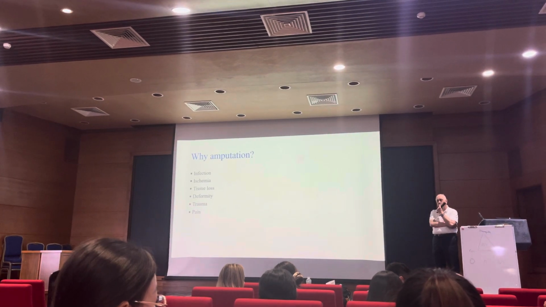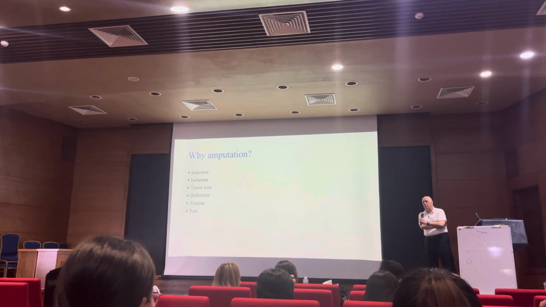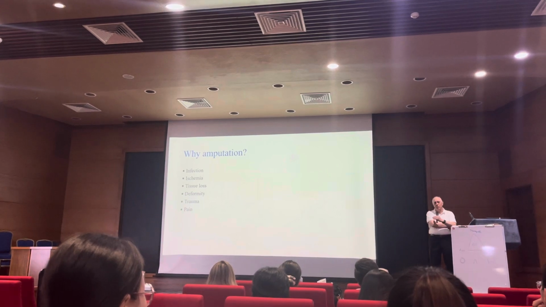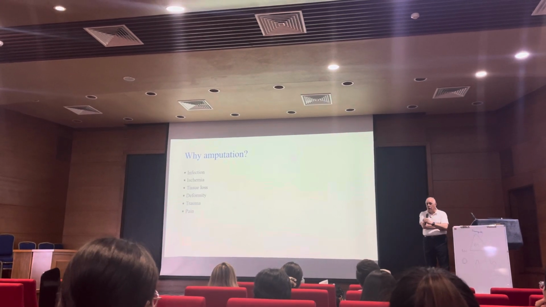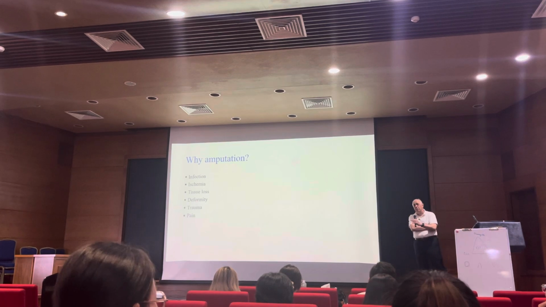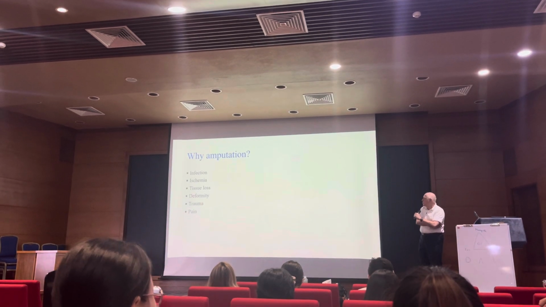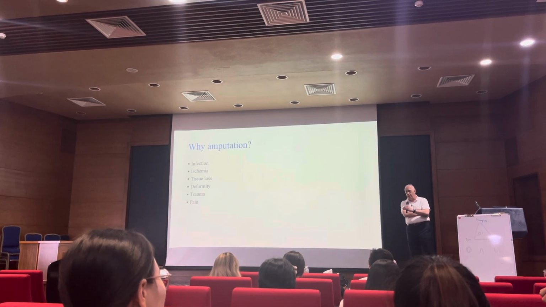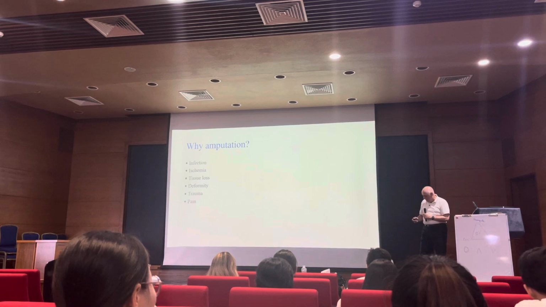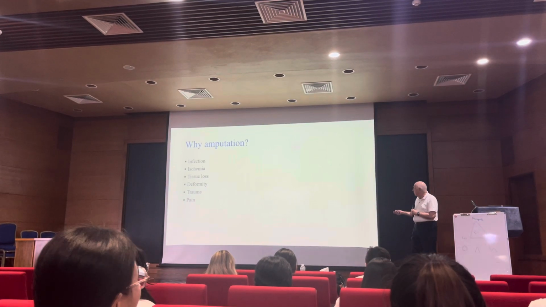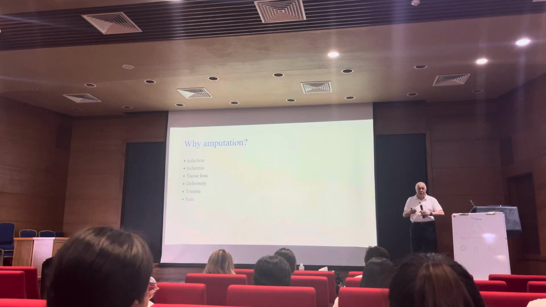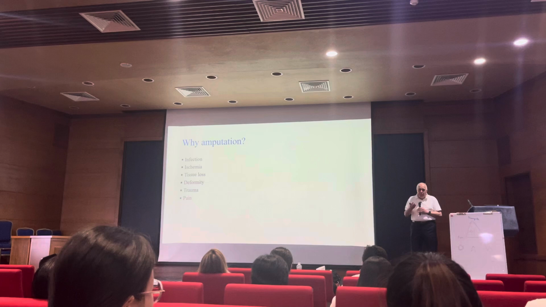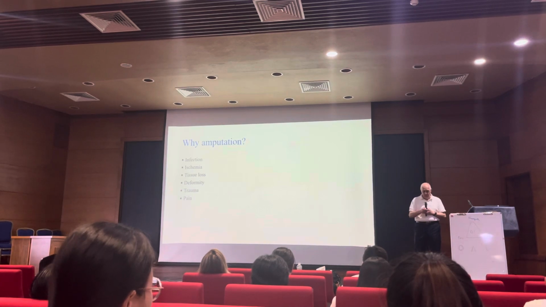So as I started, why do we do amputations? Amputations are inevitable in a diabetic patient. You're not going to be able to save every toe, you're not going to save every foot. So they are inevitable, and there are indications why you would want to do an amputation. Today, I think that the indications for an amputation include unresolved infection. You have a very serious infection and you need to get source control, you want to drain it, and oftentimes that requires some type of an amputation.